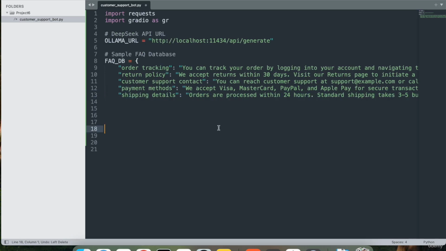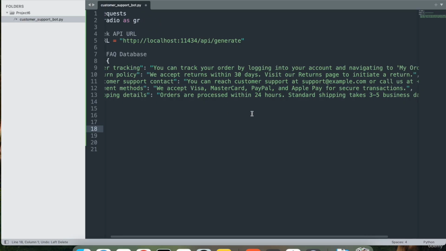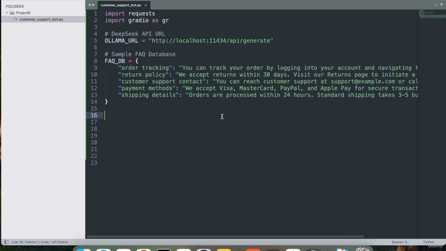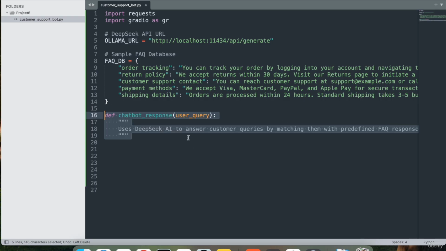If it's related to shipping details, I'll say orders are processed within 24 hours. Standard shipping takes 3 to 5 business days. Close this. Next, let's create our chatbot response function, which will take the user query and process it here with